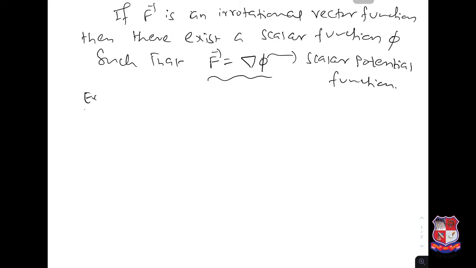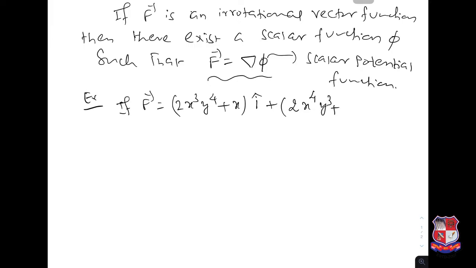So let us take one 2-dimension example. If f equal to (2x cube y power 4 plus x) i plus (2x power 4 y cube plus y) j, then find scalar potential function,